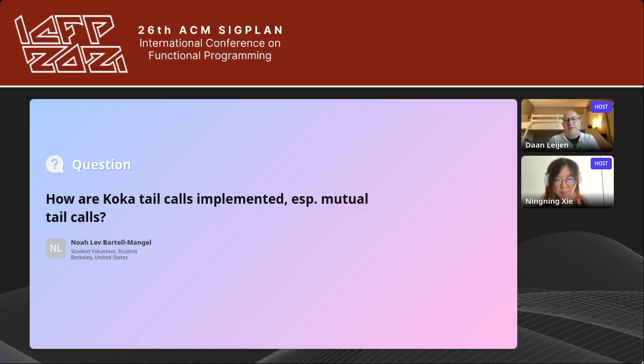Currently, because we generate code that's close to regular C, that works out really well. Code generators do a good job of that. And the other nice thing is that many mutual tail calls do actually become tail calls in Clang and GCC if you turn on optimization, because the latest C compilers actually do this. So, trade-offs, right? But I think Koka should guarantee at least between multiple tail recursive functions,